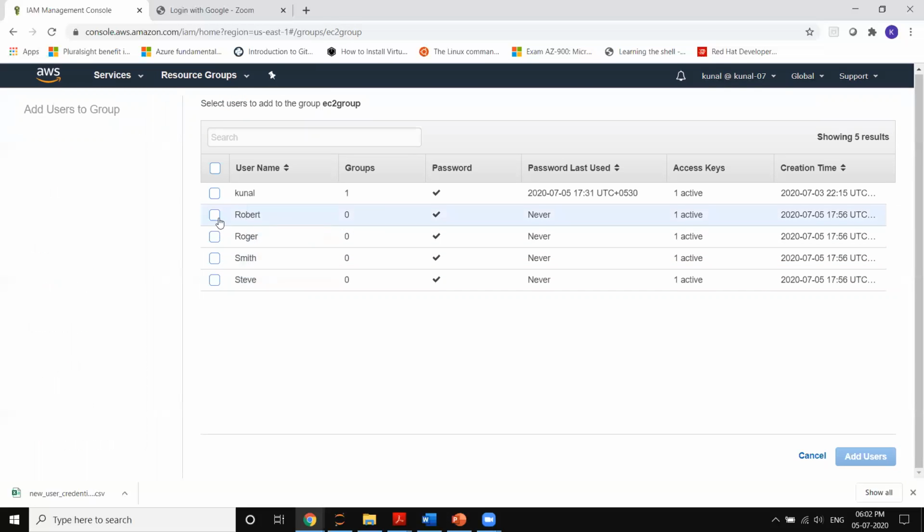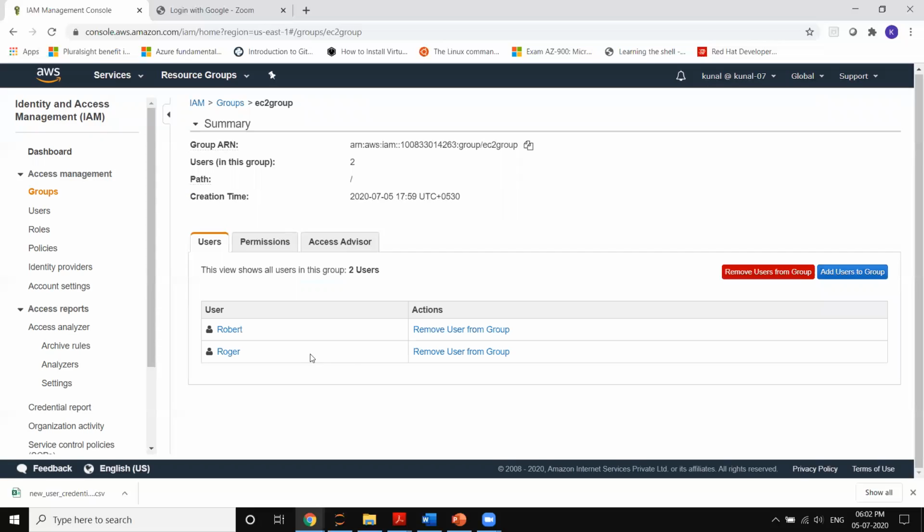In this, I will select Robert and Roger for EC2, and these two users will have full access to EC2 services. Okay. So I selected Robert and Roger, then click on add users. Then you can see in the EC2 group that two users are added, Robert and Roger.